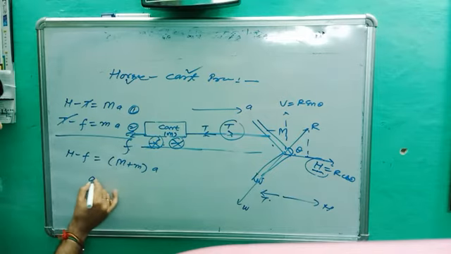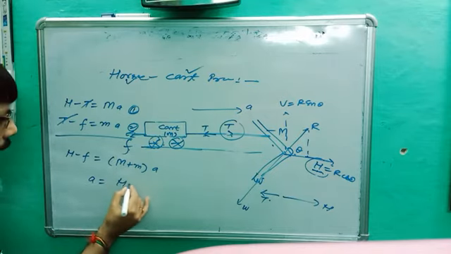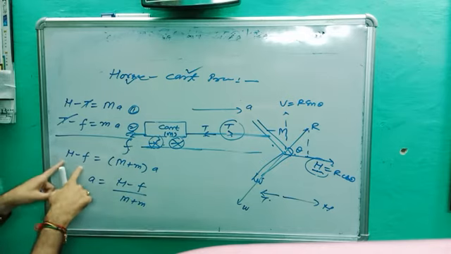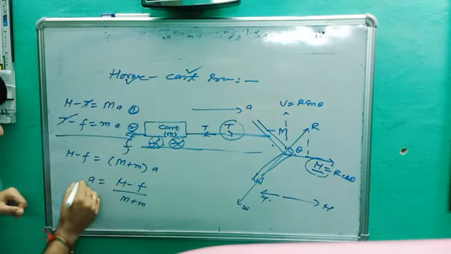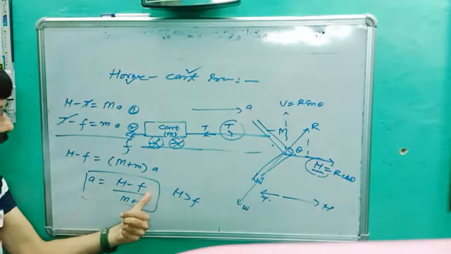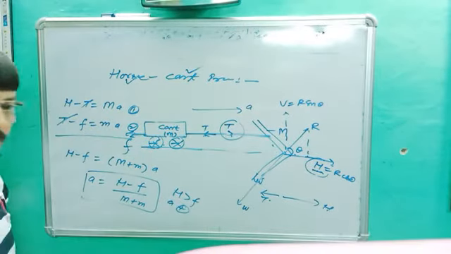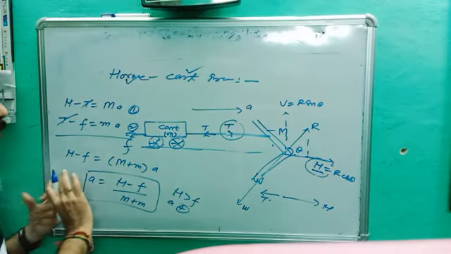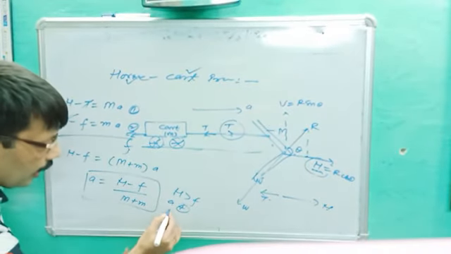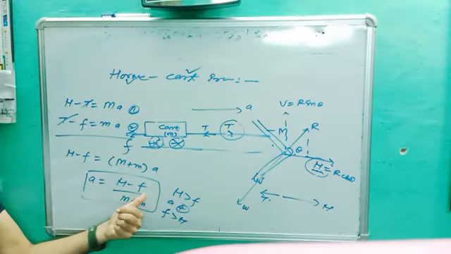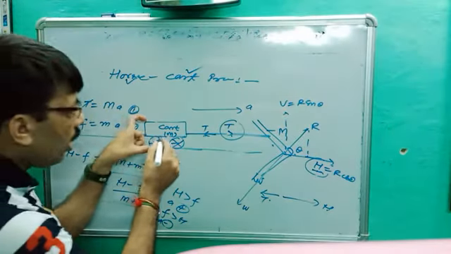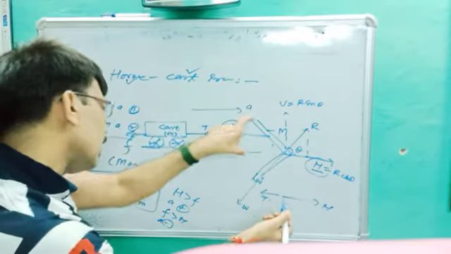So what we get here? A is equal to acceleration. A is equal to H minus F upon capital M plus small m. It is like F is equal to ma. This is the second law. So what are you getting? If H is greater than F, you can see that A will be positive, and no doubt A will be positive. It means your cart will be accelerated by horse. Similarly, if F is greater than H, A will be negative. You better know A negative means retardation. It means cart will not be pulled by horse, but it will go back.